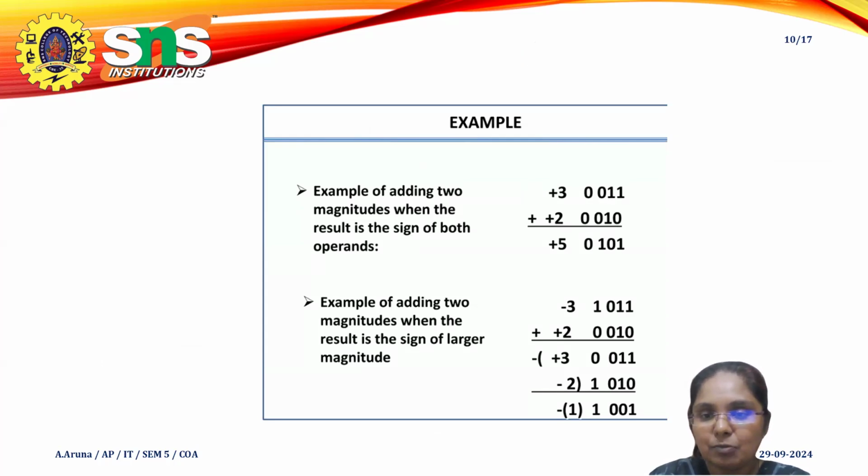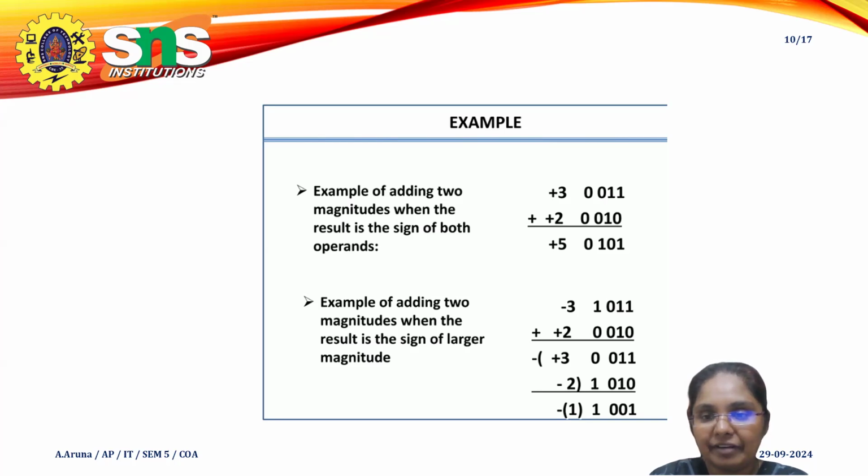1 plus 0 is 1. 1 plus 1 is 0, carry is 1. That carry I have to put over here. 0 plus 0 is 0, so 0 represents the positive sign. The remaining magnitude represents the equivalent of 5. How can I calculate that this is the equivalent of 5? This is 2 to the power of 0. This is 2 to the power of 1.